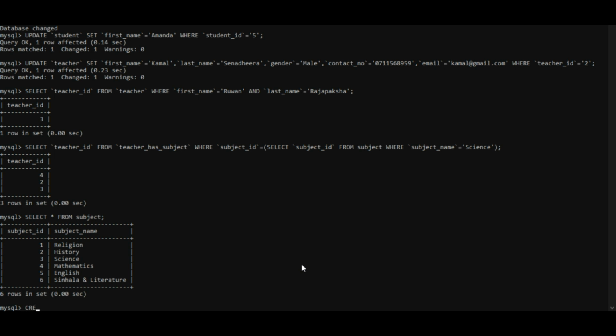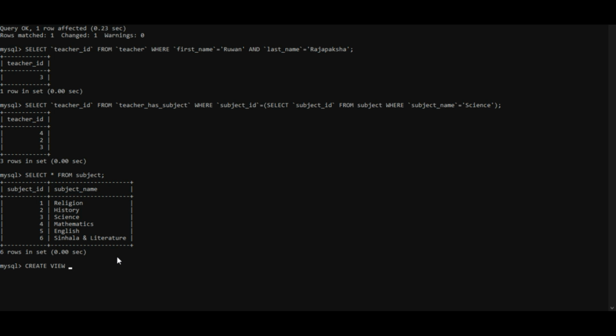So we can say create view, and the view name, let's say subject view, and right after that we have to mention the query. So select all from subject, query. Okay,